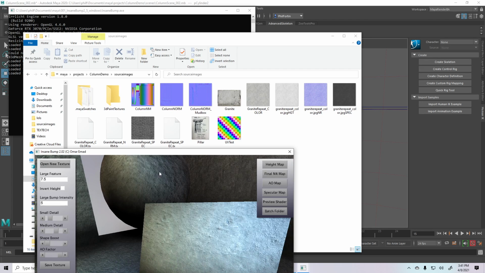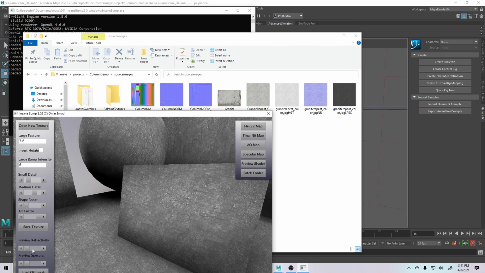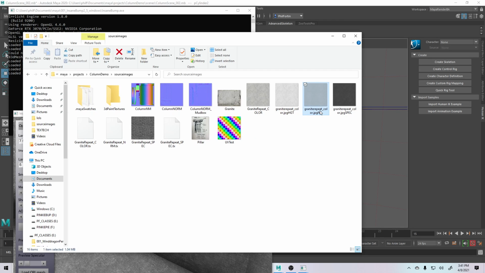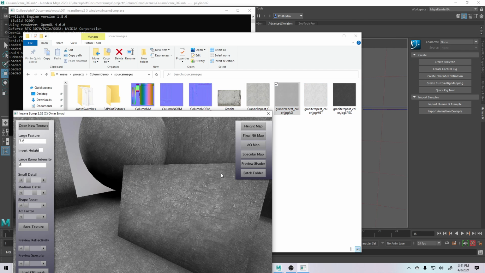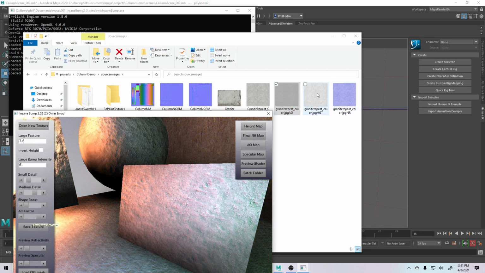is kind of a weird thing. And I want to talk about the AO real quick, so we're just going to go over to AO map, and we're going to go ahead and save texture. And that means that it's going to repeat normal, save the AO, which is not ideal. It's like a bug, I think, but that's okay. We're going to take it. We'll go back in here, go back to preview, and then save one more time to get our normal map